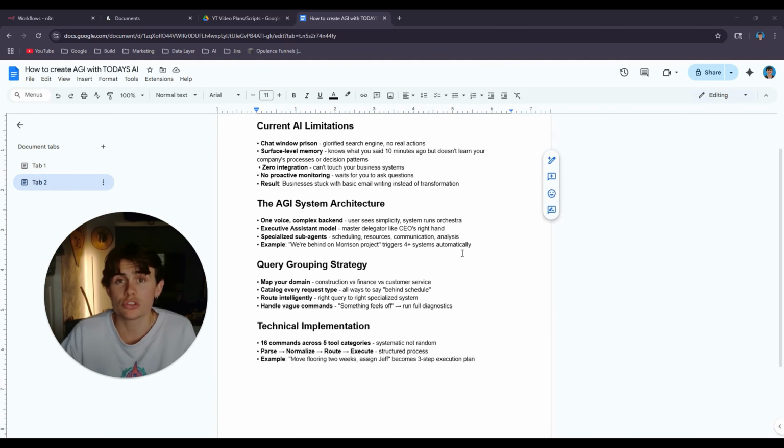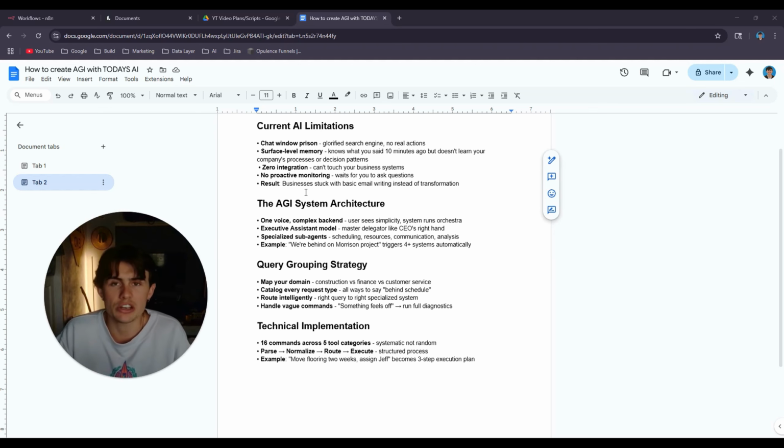Most businesses will use ChatGPT or other chatbots to draft emails or summarize certain reports, but that is truly just scratching the surface of what can be accomplished with this technology. The result, like I said, is that businesses are stuck with basic email writing tools where they have to go and actually ask the AI to write it and then wait for a response.